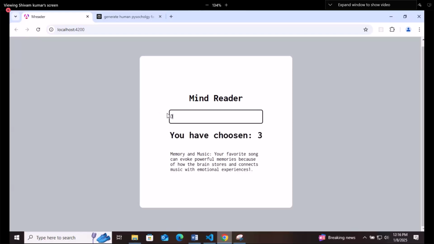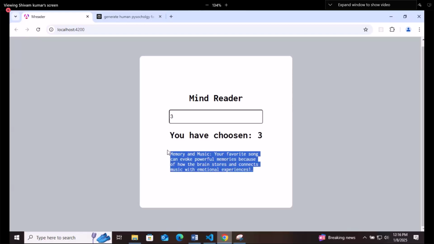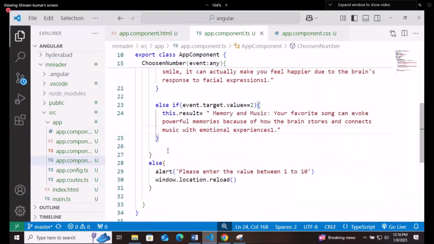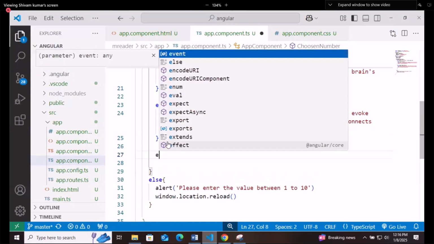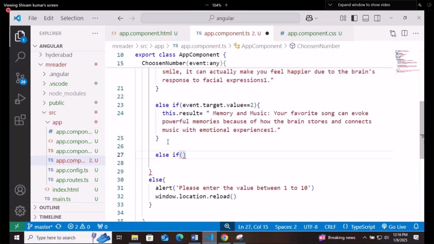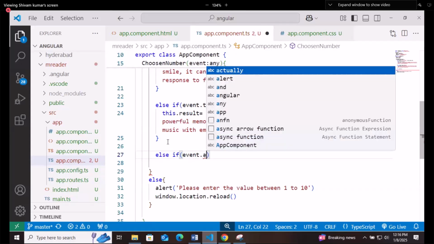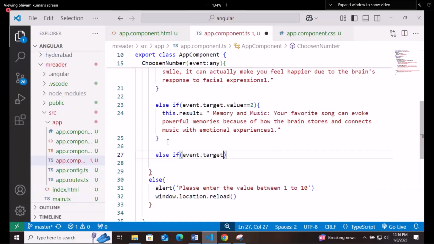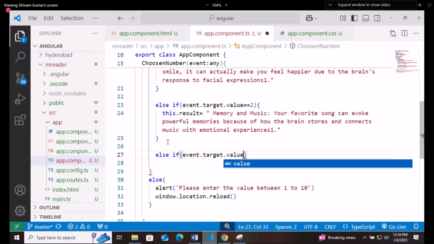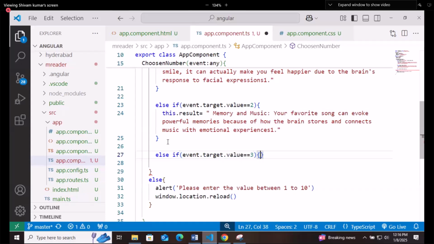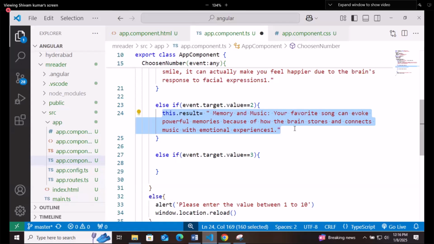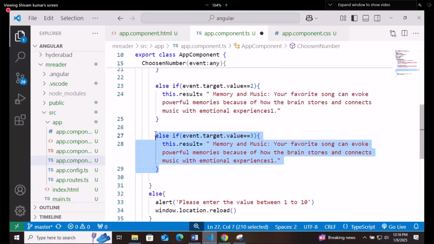On 3 we will not get anything. Means this content is not changing because we have not written anything for 3. So else if event dot target dot value and 3. For 3, again the same thing, right? I will change it. Just let me write